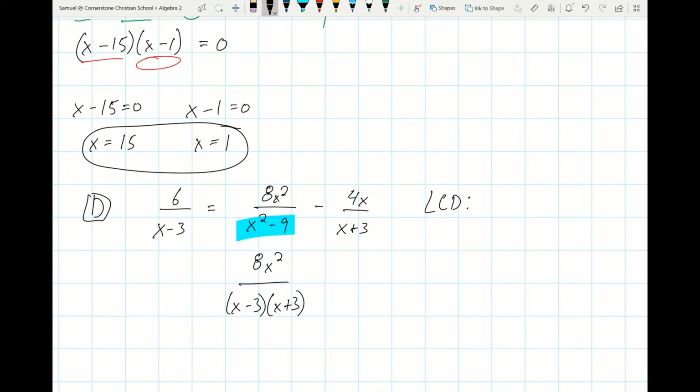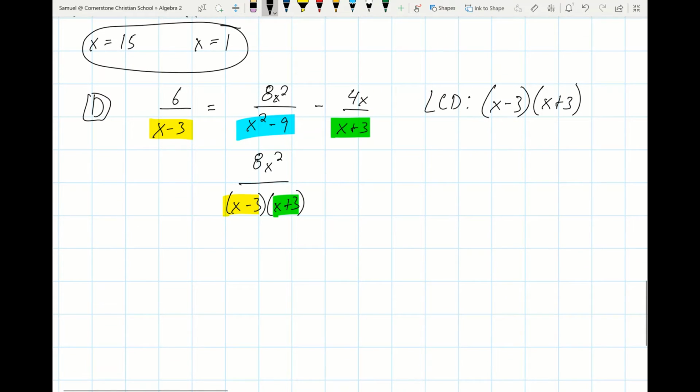And so now we know as our LCD, well, we have x plus 3, so that's taken care of, and x minus 3, x minus 3. So my LCD in this case would be x minus 3 times x plus 3. So I need to multiply both sides by that. So this is 6 over x minus 3 equals 8x squared